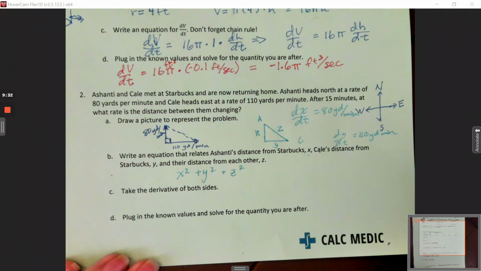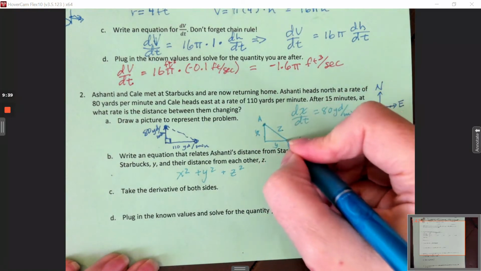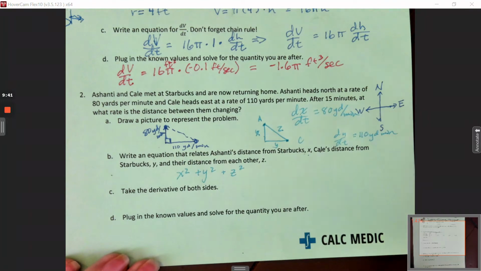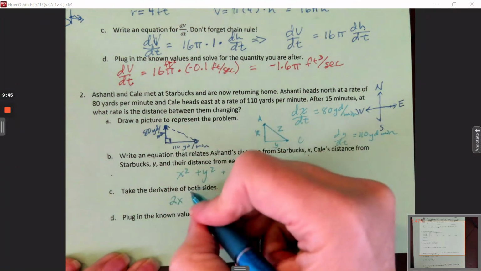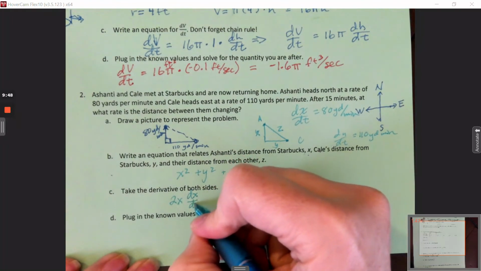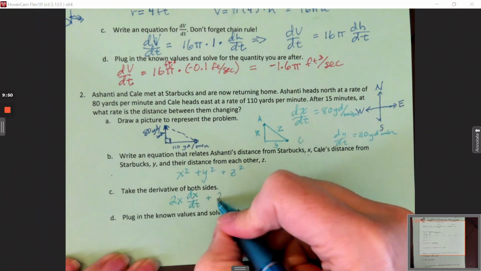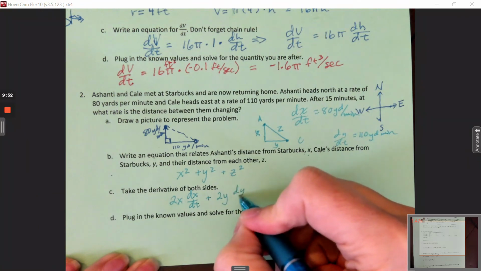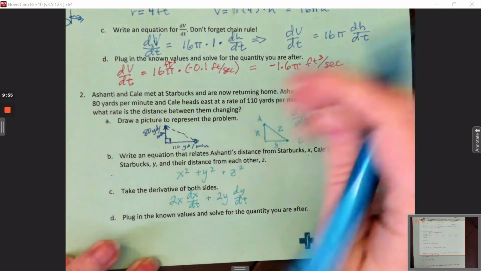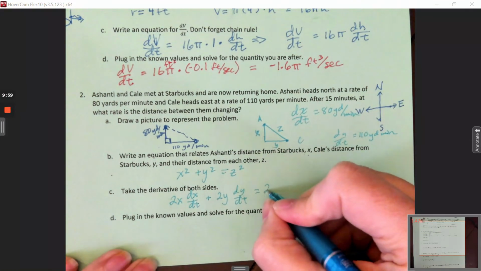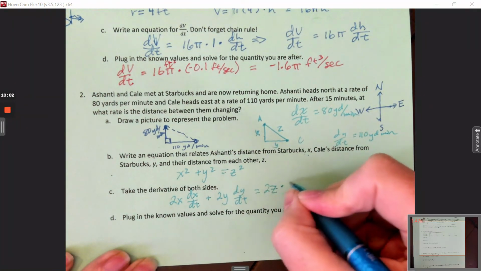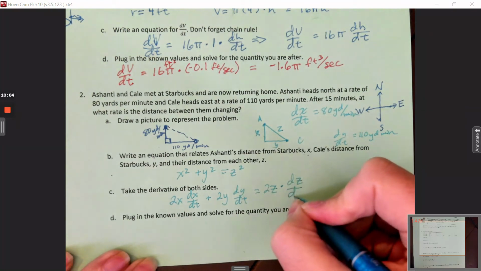Okay, and take the derivative of both sides. So let's just go ahead and take the derivative. It's 2x times the derivative of the inside, dx/dt, plus the derivative of y squared, which is 2y dy/dt. Oh wait, equals, I said plus. Equals the derivative of z squared, 2z times dz/dt. Okay, now